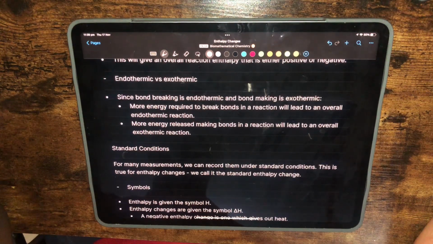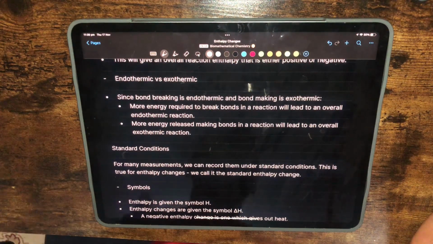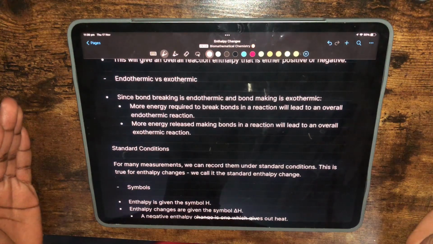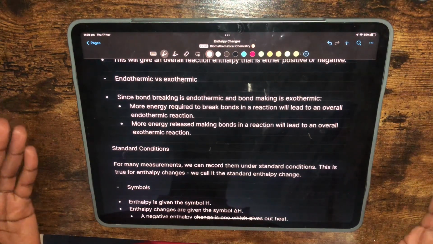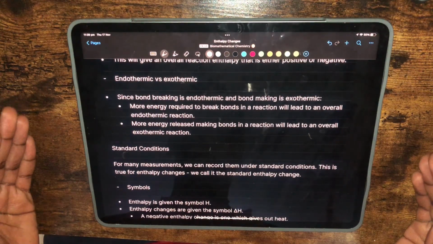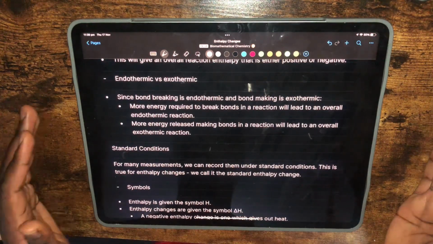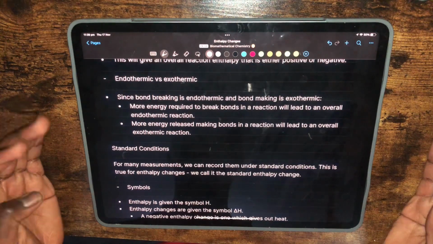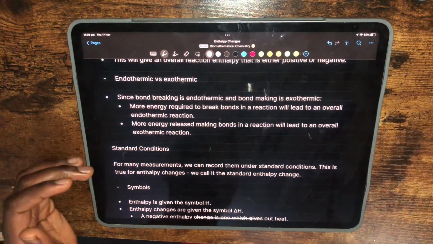a massive thermal decomposition reaction. For the more endothermic reactions, for example, the thermal decomposition of diamonds, it requires a lot of energy to break, because it's such a massive molecule. I guess you need a lot of energy to break down a crystal of diamond. Whereas